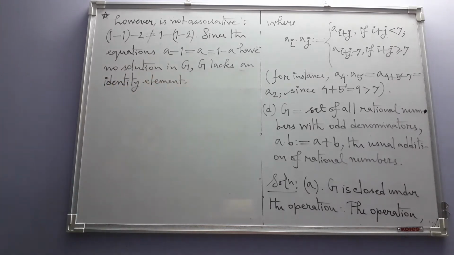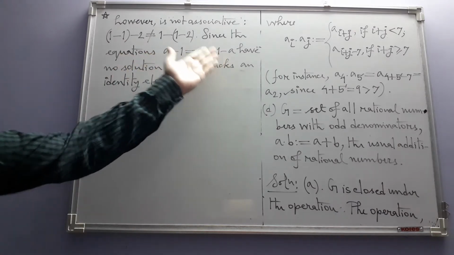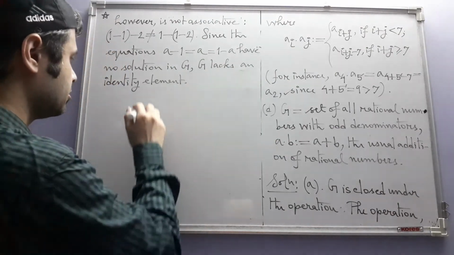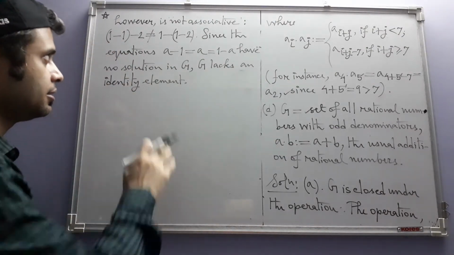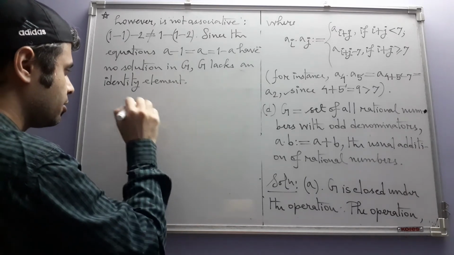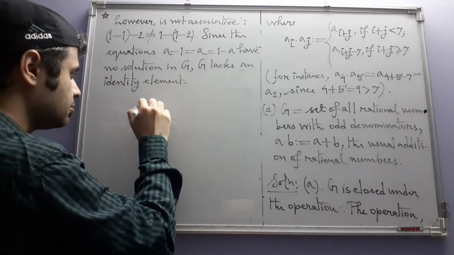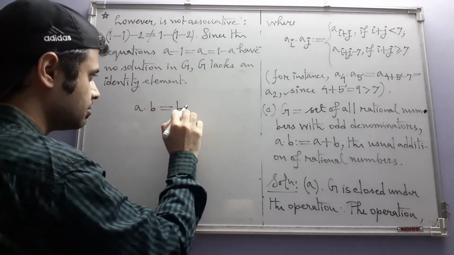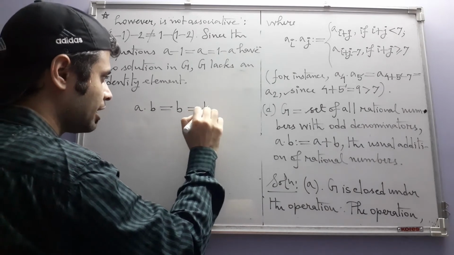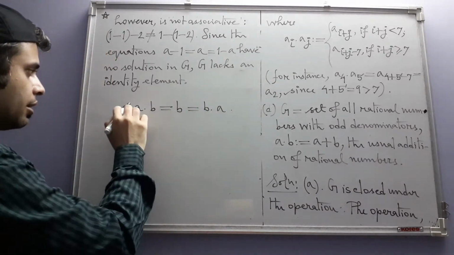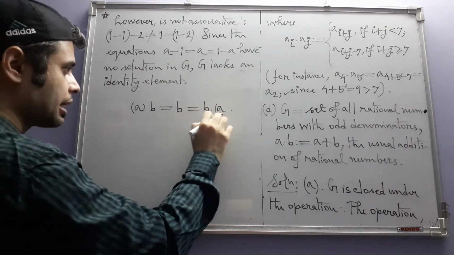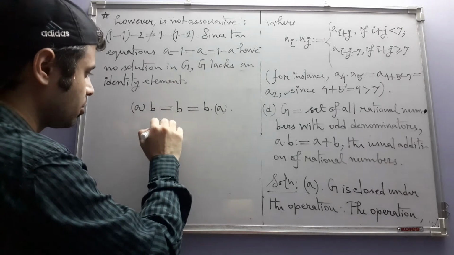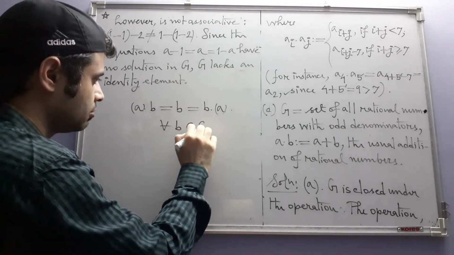Okay, what is going on here? Why are suddenly these equations appearing? You see, if there is an identity element, and I am assuming that the identity is A, then A dot anything should be equal to that thing dot A, where A is playing the role of the identity, and this should be true for every B in G.